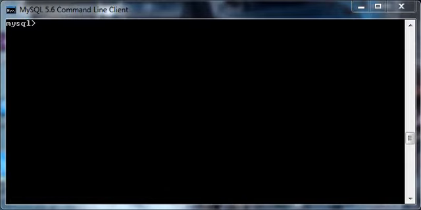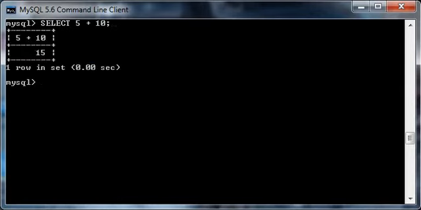Let's see. First of all, the addition. So we can perform the addition by just writing select and then the operands with the operator. Now let's see the subtraction operation. Select 50 minus 10,